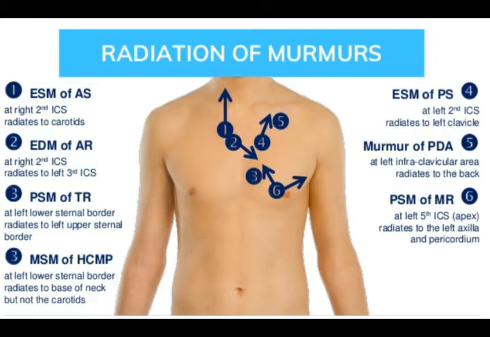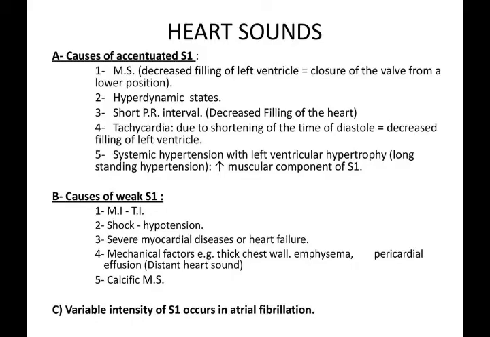Now, there can be many causes for altered intensity of the first heart sound. S1 may be accentuated due to shortened PR interval, mild mitral stenosis, high cardiac output states, or tachycardia, for example, during exercise or in cases of anemia. Then S1, the first heart sound, can be diminished, which may be due to lengthened PR interval, first degree AV nodal block, mitral regurgitation, severe mitral stenosis, or